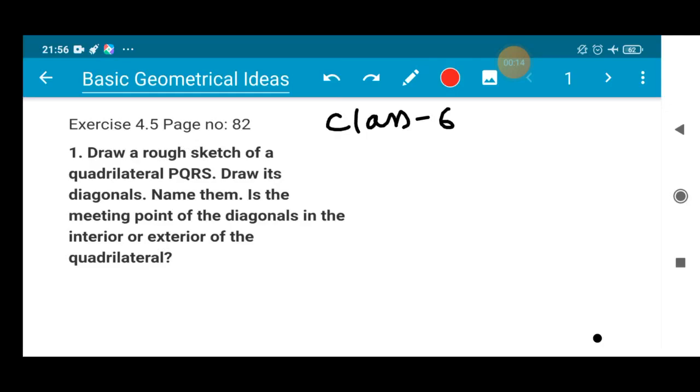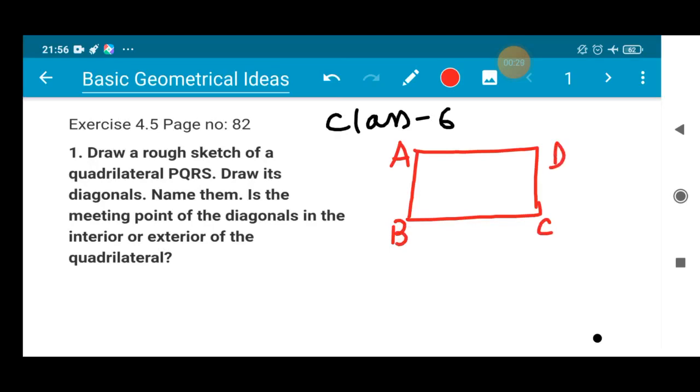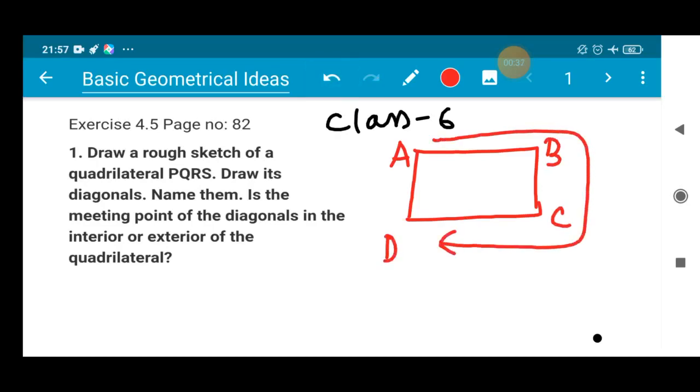I forgot to mention one more thing, that quadrilaterals have diagonals. I will be explaining this. So this is one of the quadrilaterals I have made, which has four sides. Let me name this in a cyclic way, A, B, C, D. Either you move on from this side, or you can go on like this also, A, B, C, D. But always try to move in a cyclical manner, not like this.